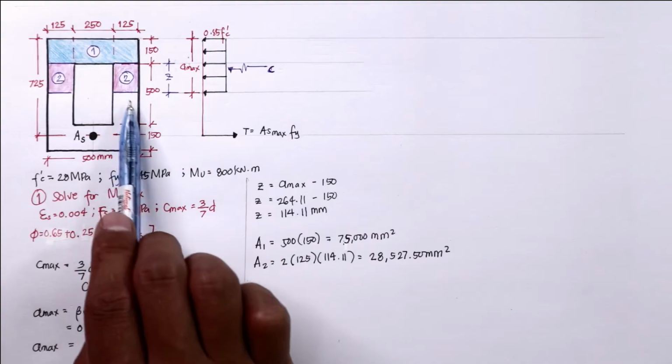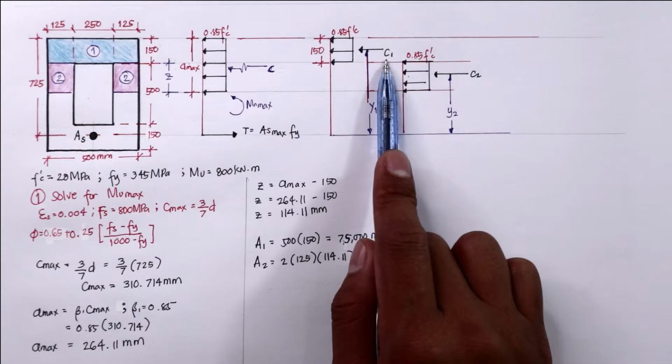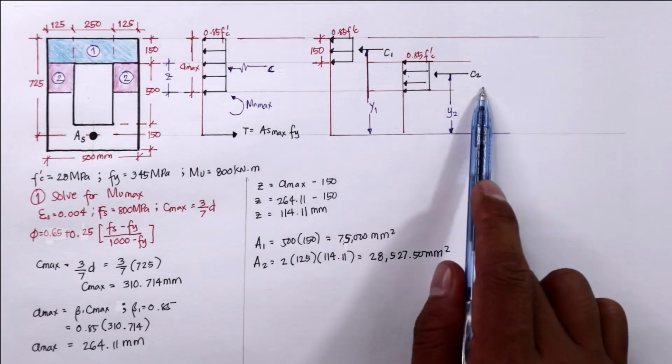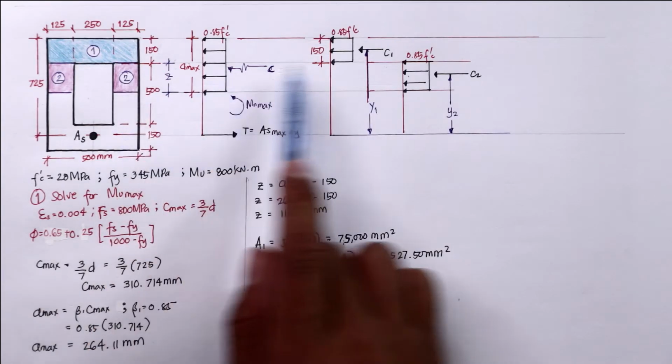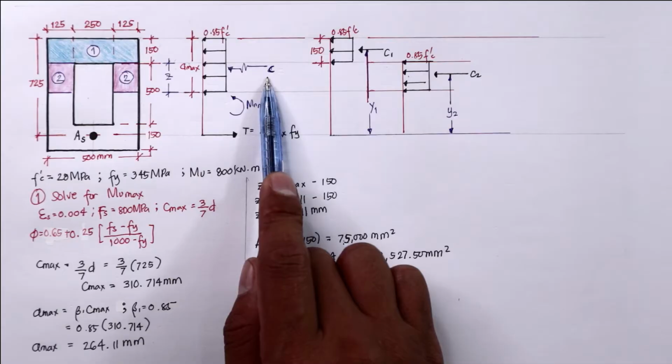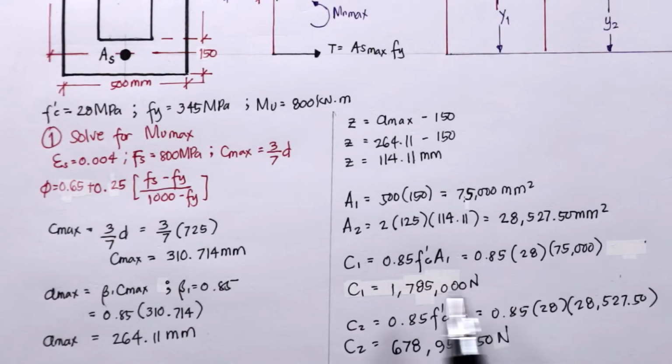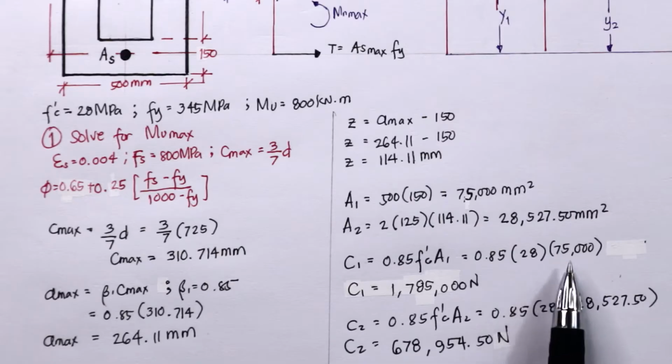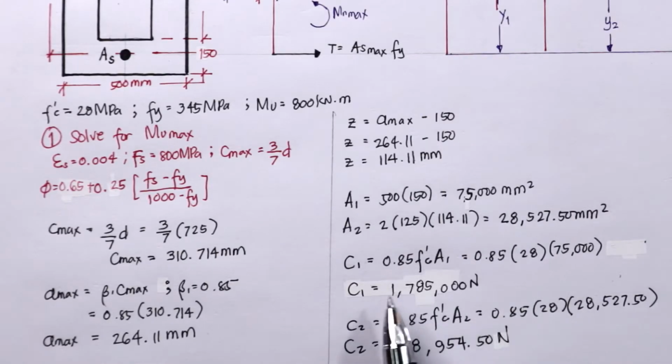Katulad na in-explain ko sa naunang problem, hatiin ko yung compression block ng section para sa compression block ng area 1 at yung compression block ng area 2. C1 is the compression block for area 1 and C2 is the compression block for area 2. C1 plus C2 is equal to C. Solving for the value of C1 and C2, C1 is equal to 0.85 F'C A1 is equal to 0.85 times 28 times 75,000. Then the value of C1 is equal to 1,785,000 Newton. Same as to C2, 0.85 F'C A2. Then the value of C2 is equal to